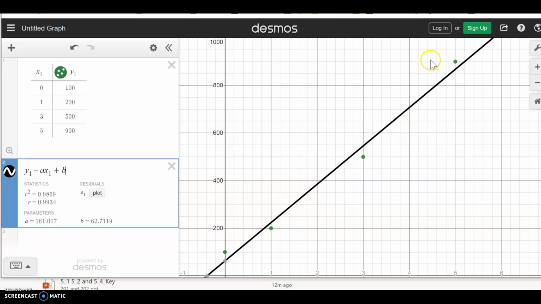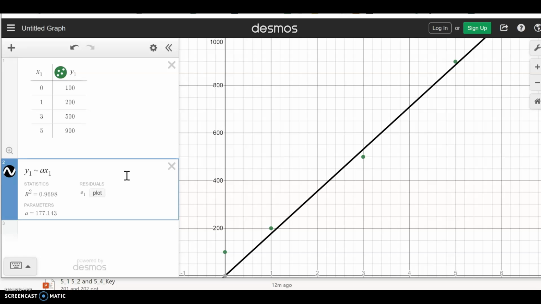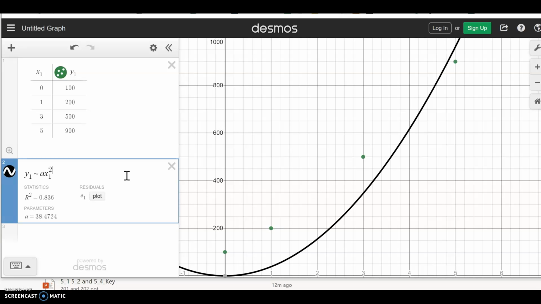All right, well, let's say we don't like that one. Let's do a quadratic. Okay, so quadratic, you have a couple options. Basic quadratic would be just ax squared, right? X squared is your basic quadratic, but we need a parameter, which we'll call a, and then x1 squared, okay? I just went caret 2 and it squared it for me. So now it's